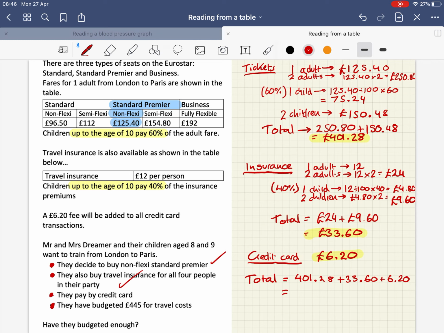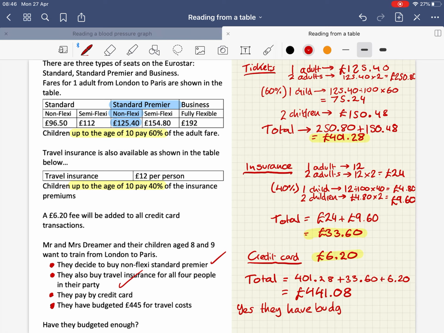Give us an answer of 441.08. So they budgeted 445. Have they budgeted enough? Yes, they have